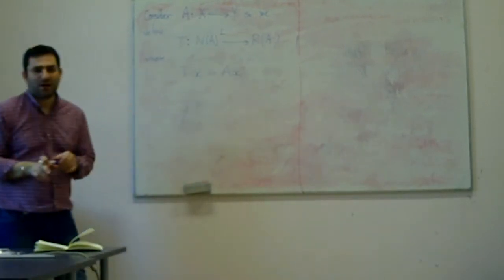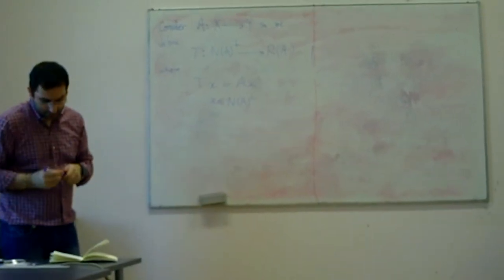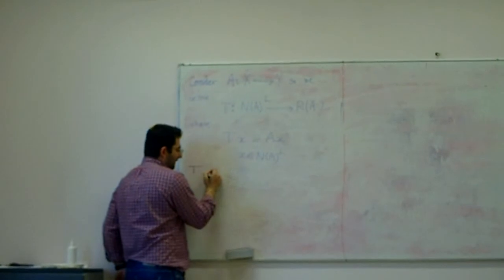So we define a transformation like that. And of course, because we apply T on x, so x belongs to the orthogonal complement of the null space of A. We know that T is